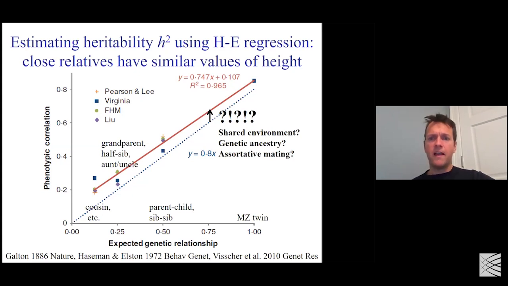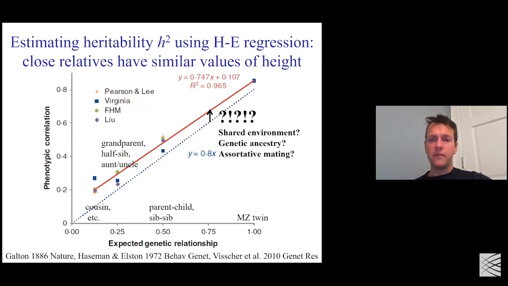There's this large intercept. And there's a lot of speculation, of different hypotheses. What could this be due to? Probably the simplest explanation is shared environment, that even people who are just cousins come from a similar type of socioeconomic background or something like that, that makes them more disposed to be taller or more disposed to be shorter as a consequence of environmental effects. And that is one possible explanation for why this line does not go through 0, 0. And there are more complicated explanations as well, involving genetic ancestry and assortative mating and so on. But we just have to keep in mind as we think about narrow sense heritability that it's complicated, and there's a lot of room for different sorts of confounding and complex effects as we try to estimate this quantity that